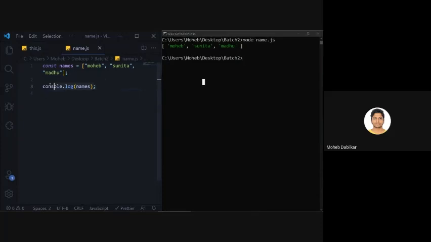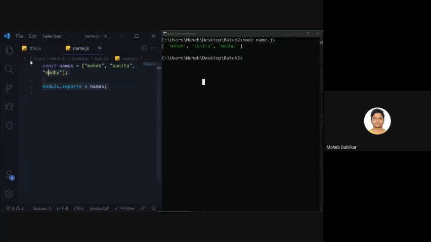So now from the name.js file, what we will do is we will say module dot exports, and then we will say names. Names is a string, we need to send this as an object. No, not like that, sorry. Now we will say names.